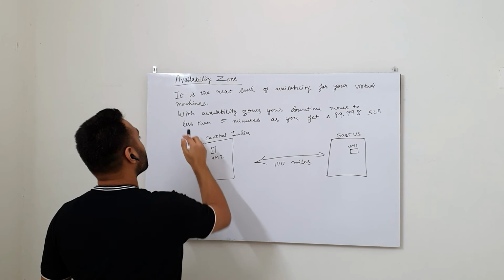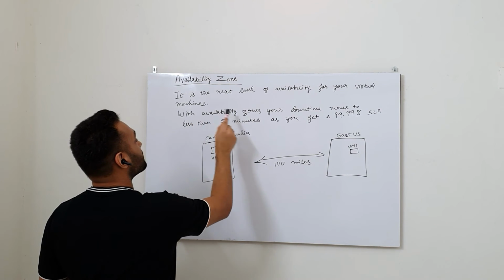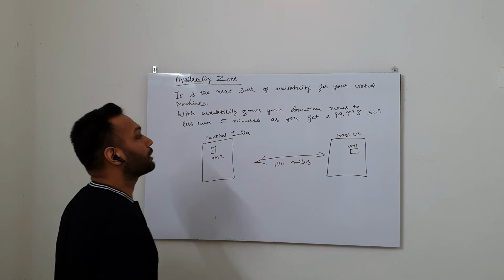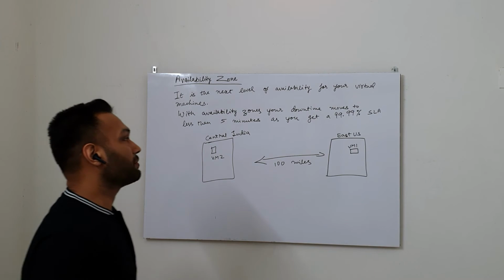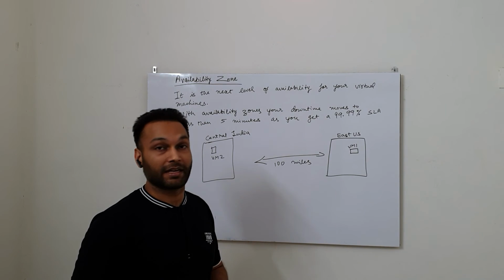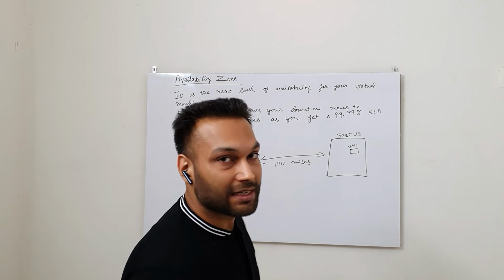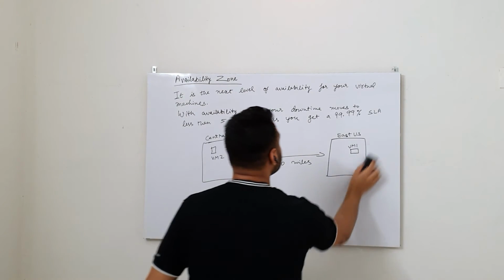So there is a complete list on the portal, so you can go and check it out. And now coming back to this definition, which says with availability zones, your downtime moves to less than 5 minutes as you get a 99.99% SLA. SLA is service level agreement. What happens is